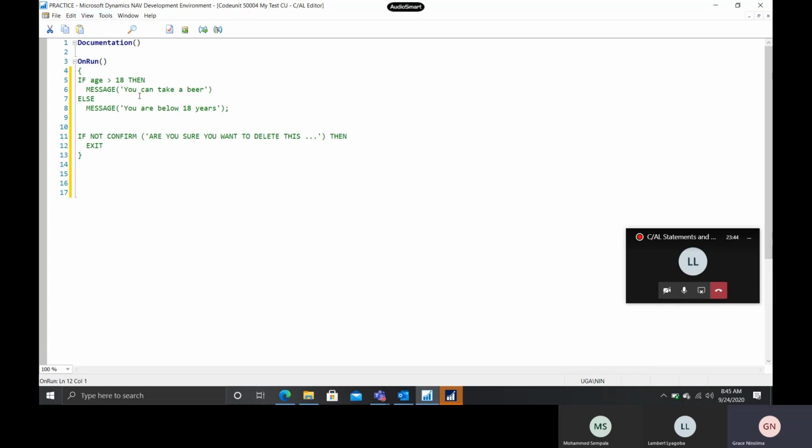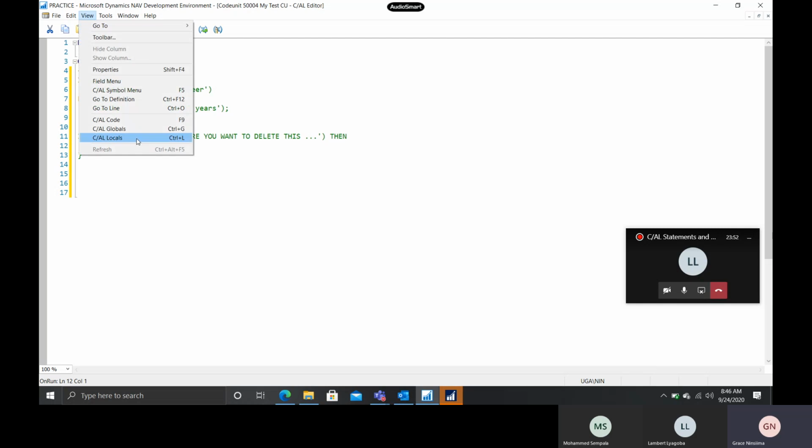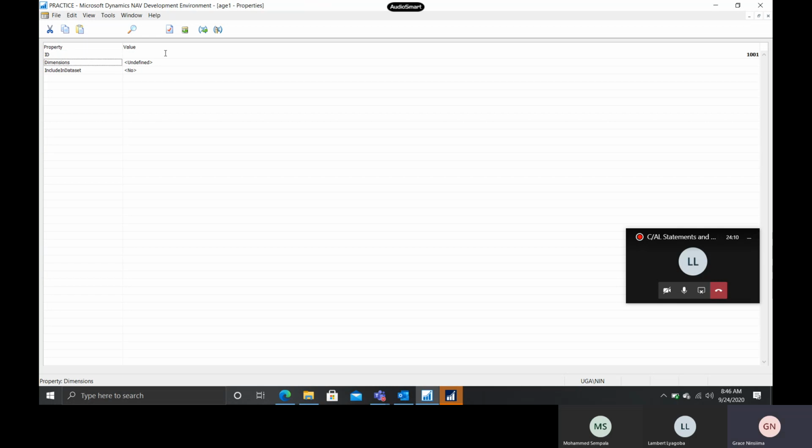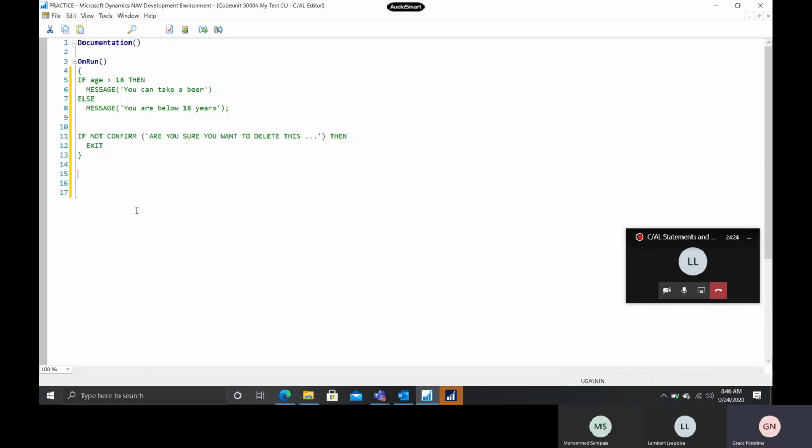So, for example, if I have like 10 students and I want to keep their age in an array, instead of coming here under globals and saying this is age 1, then age 2, age 3, I can simply make this age, and then under the properties, I specify the dimensions. Now, if I say that this will take 10, this 10 becomes the number of elements in this array. So if I come back here,